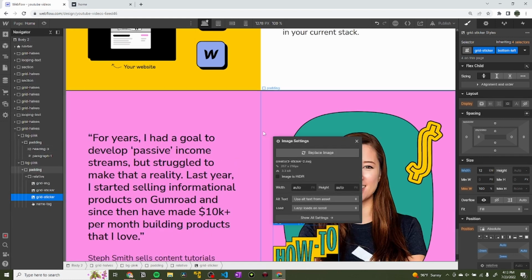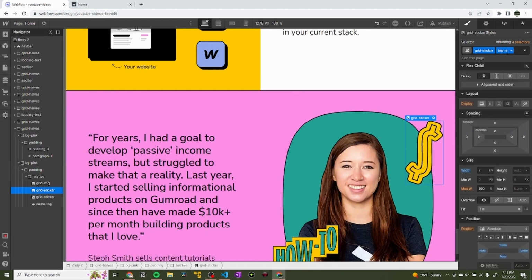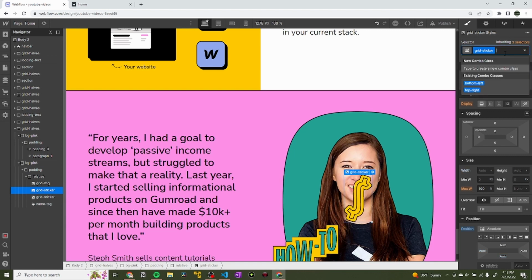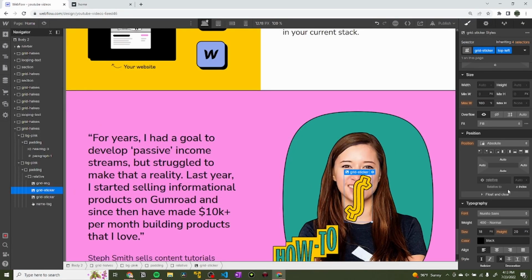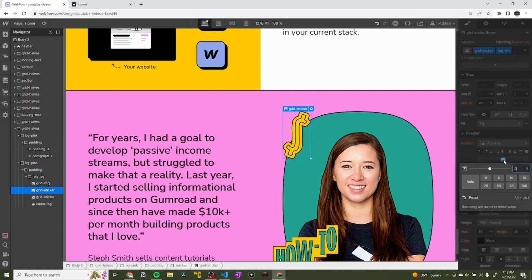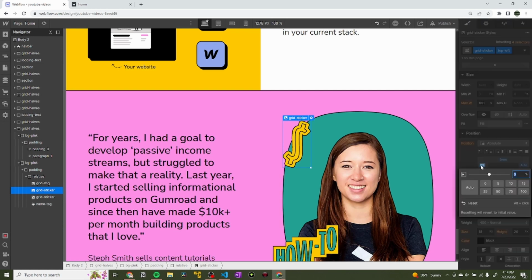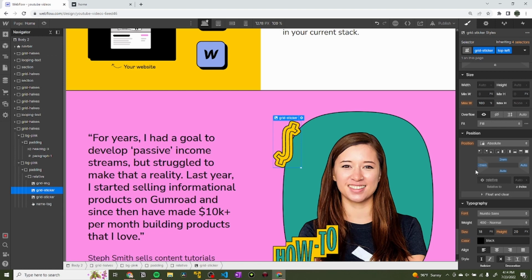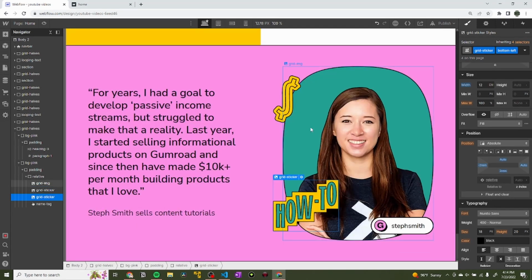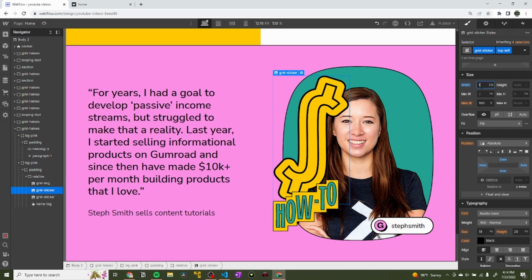There we go. Okay, so now I'm gonna grab this grid sticker and get rid of that top right class, instead call this top left. Okay, so this one, to be positioned at the top left, is going to have the exact same class as at the top right, but it's gonna be positioned here. So it's gonna have that 2rem at the top and -2rem at the left, like that. Now I'm also going to give it that width again. It's gonna be a little bit bigger, maybe 14em. That's way too much. 12,